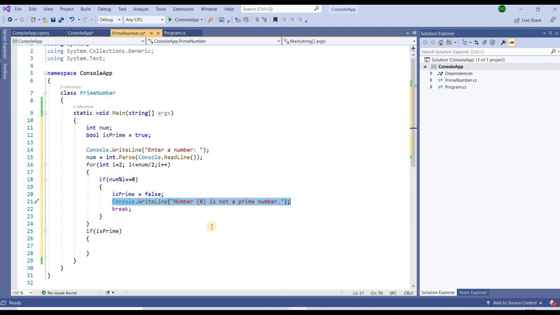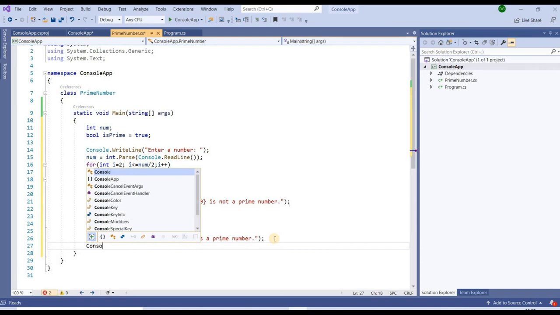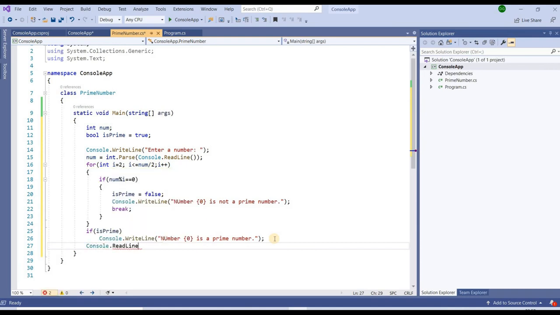So I just need to write this line here. We can consider our number is a prime. This is only a single line, so braces are not required here. And finally I have to write Console.ReadLine. So that is the main logic.